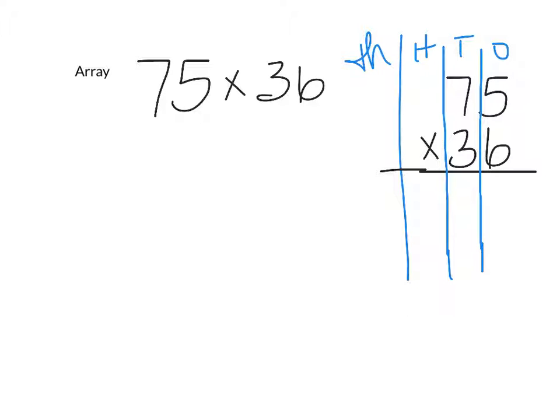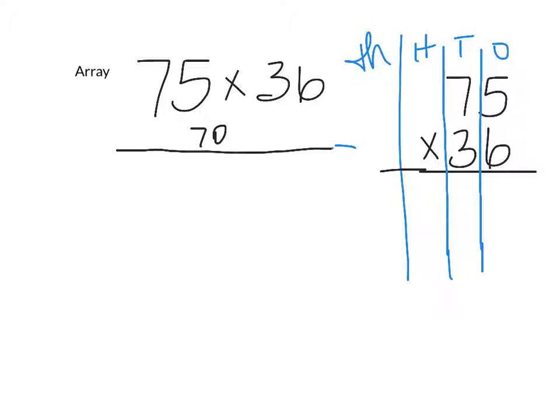One more array, and then I will end the arrays and just move on to the straightforward written record algorithm. And this time we're going to do 75 times 36. So again, I'm going to build my array, and I'm going to try to keep it fairly proportional. So I'm going to have my 70